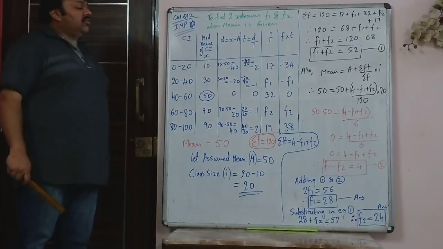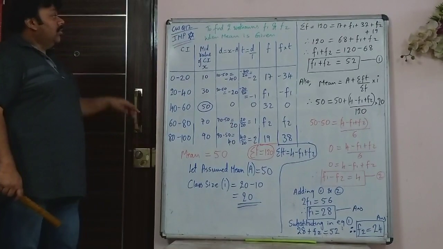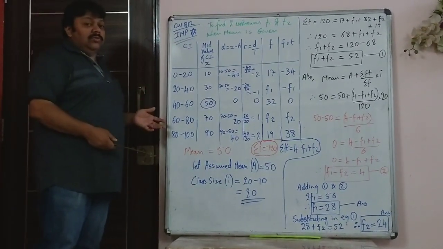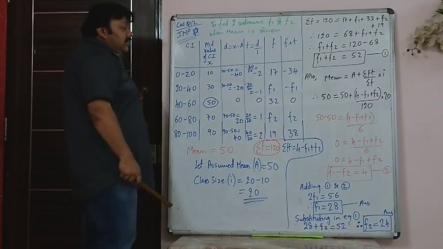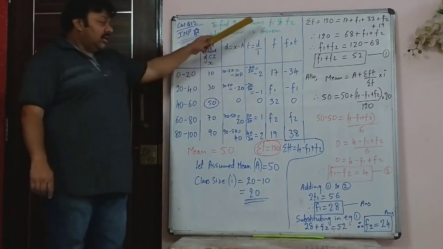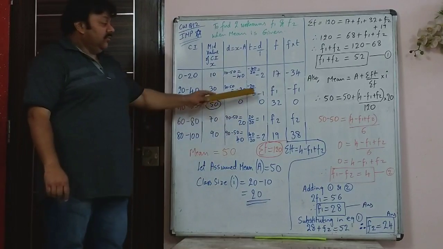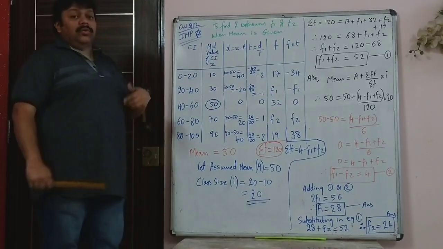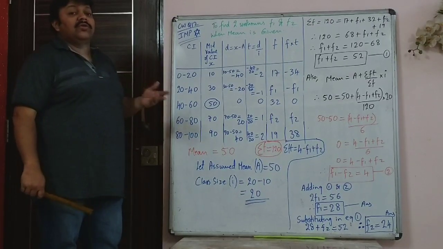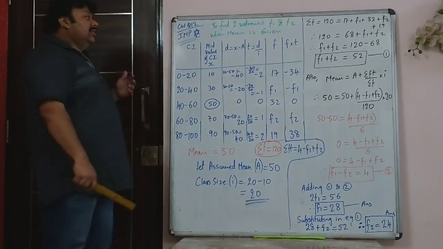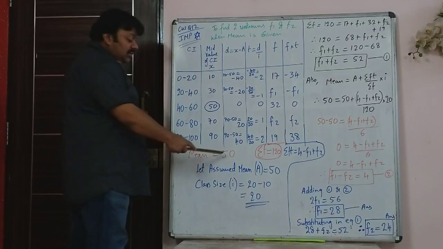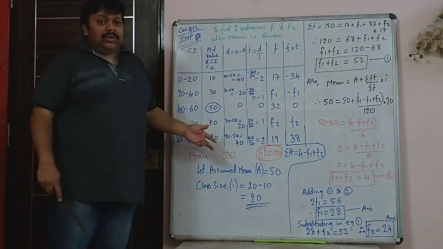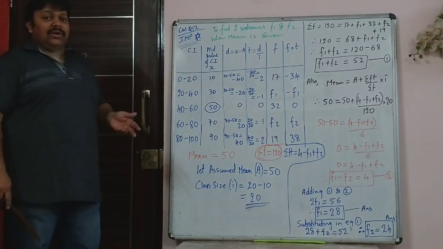Now question number 12 of classwork, mark it very important. The reason is that it's another type of sum. Here in the question you will find that in the given frequencies there are two unknowns, f1 and f2. And the question says you find what these frequencies f1 and f2 are. The mean is already given, it is given that the mean is 50. So you are not doing this to find the mean. In all the previous sums we were finding the mean.